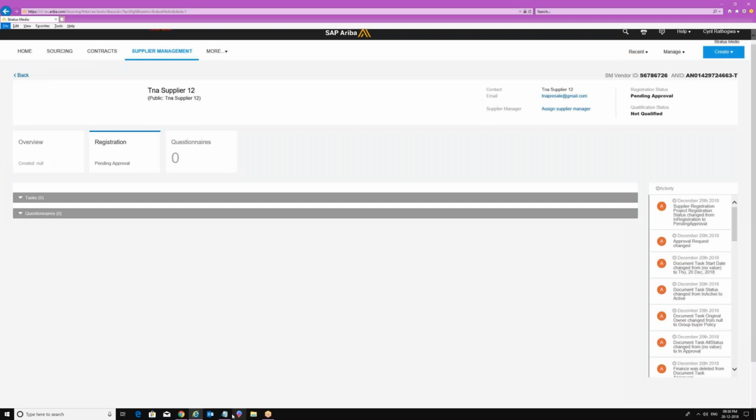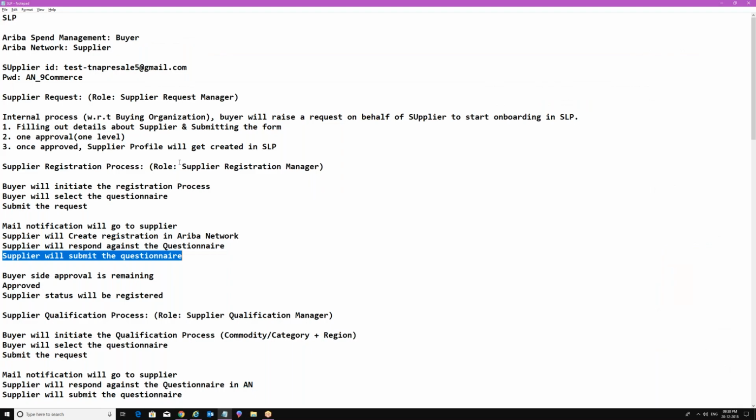Supplier registration manager. This is one of the roles over here, and according to SAP Ariba best practices, you should always remember: don't put a user as an approver, always put a role. Why? Because when you move from development to production, the process is a little bit different.